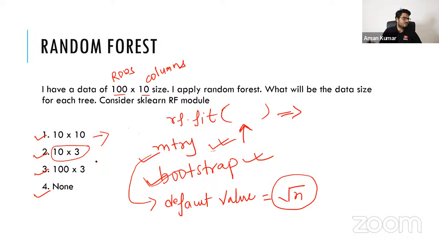Because I'm telling you to check two parameters in sklearn random forest. First parameter is mtry, second parameter is bootstrap. It's 2. Shreya is saying it's 2, which means 10 cross 3, which means by default it will take 10 cross 3 values.